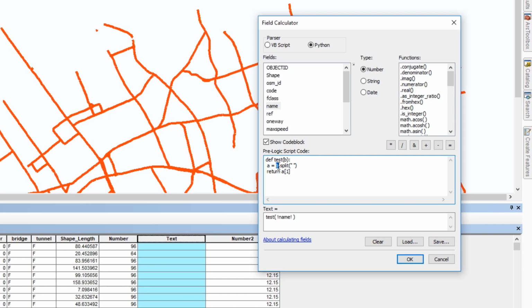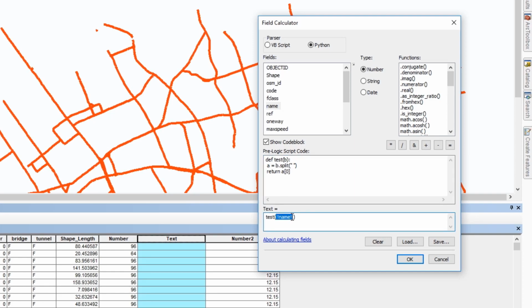I have split this value on white space, and then I have returned the first value, which is index 0. So the 0 value. And here I have called the function test, which is the same function right here,